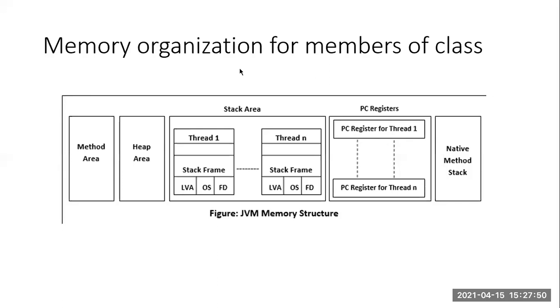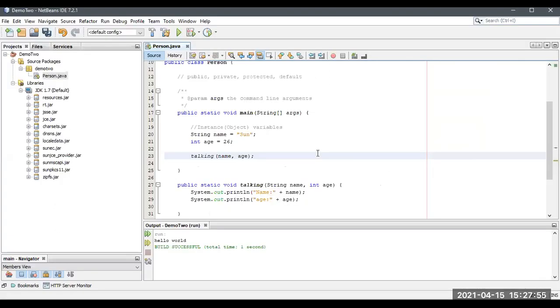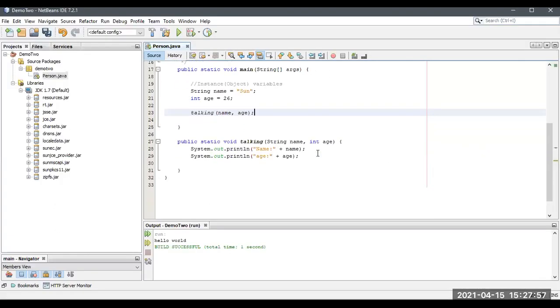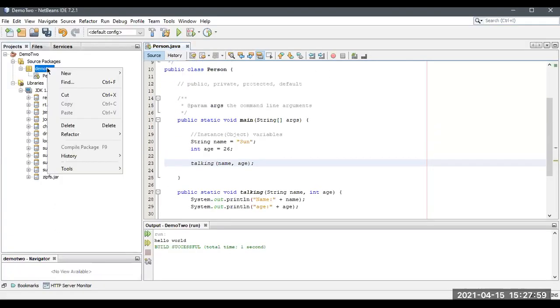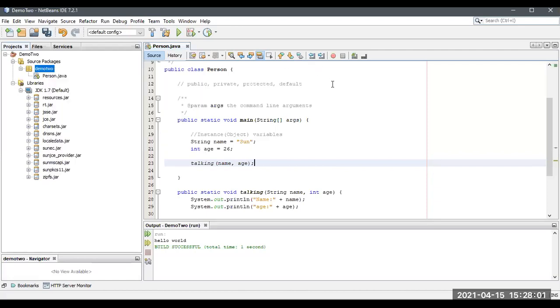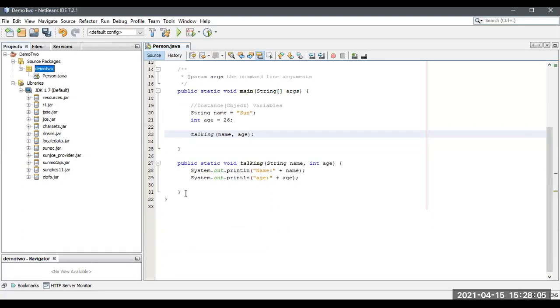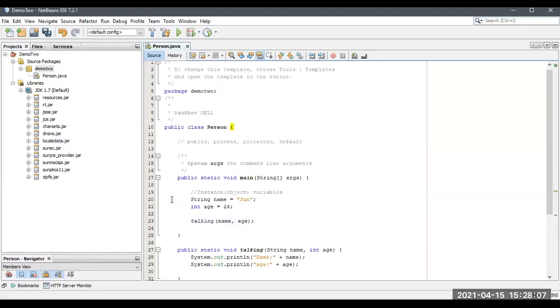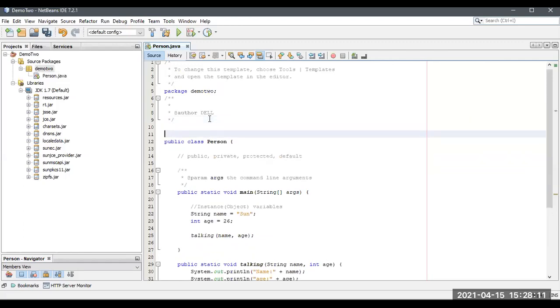Okay, let me share this with you. Next we are going to discuss the heap. Here, within the class I will create another class. This is the main, and now I'm going to create another class.